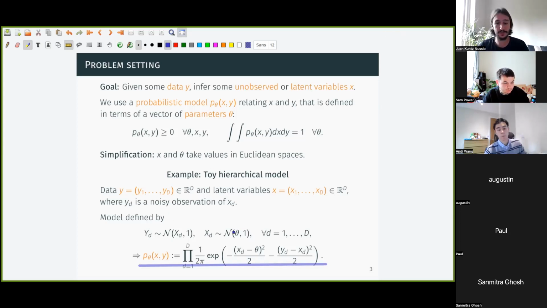Okay, so we'd like to use this and use the y's to try to figure out what the x's might be. Now, if you're a frequentist, you would probably maximize this quantity over both theta and x, and then extract the x's from that optimal pair and use those as a point estimate of what the latent variables might be.